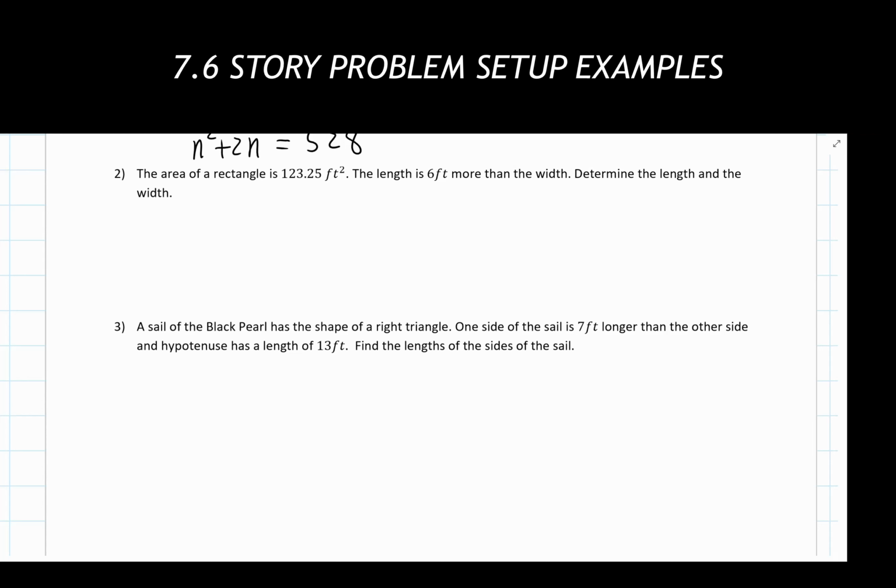So let's take a step back from the problem because we have a lot going on there. We've got an overall area of something. We've got something going on about the length and the width. And we're determining two things here. So let's take a step back. We're going to try the summary approach with this. And this is what I mean when I say summarize a problem. And we're going to use minimal details here to do that.